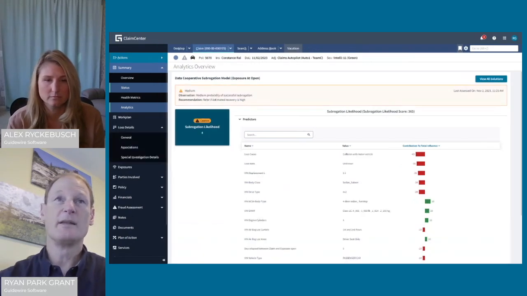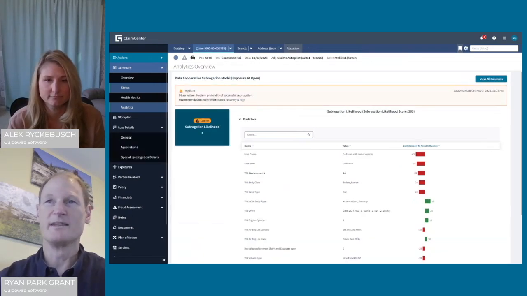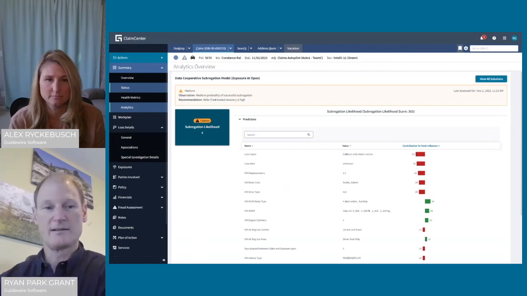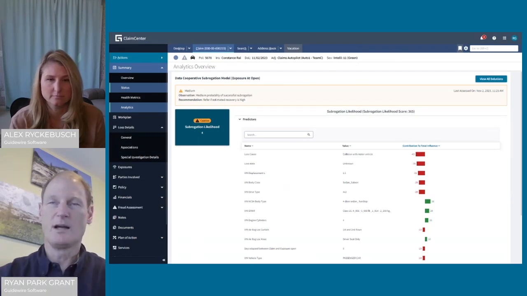And then of course there's always in the middle of we're not sure. So this one's a subrogation example, where maybe the green you can automatically refer to subrogation, or the red not, but in the middle is where you say we need some human expertise.